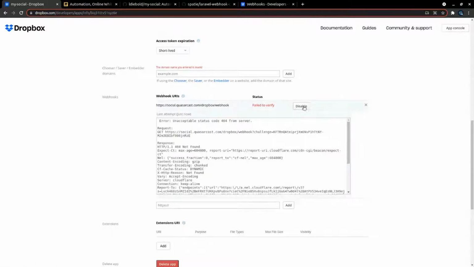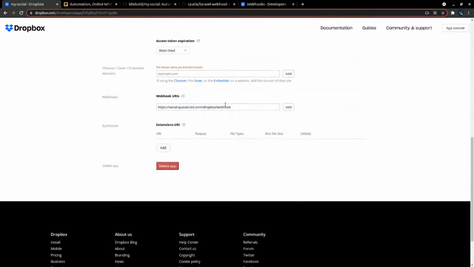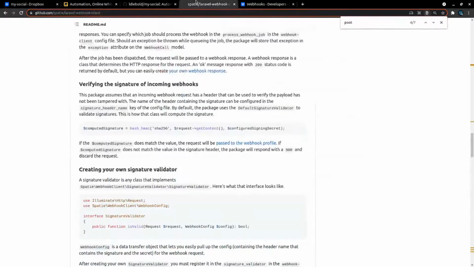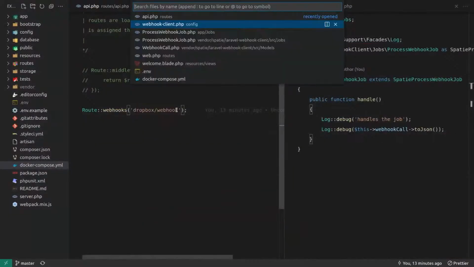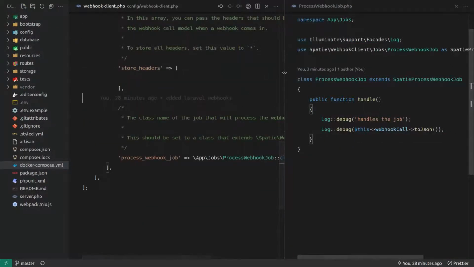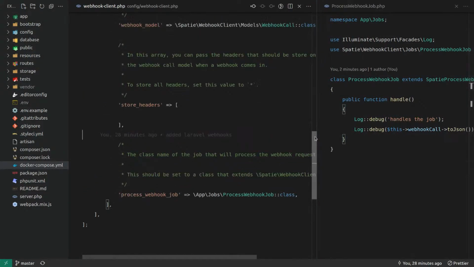So let's just disable that. Let's remove this. Okay, I'm just thinking to myself here. So, all right, let's open the Spatie config for dealing with webhooks.